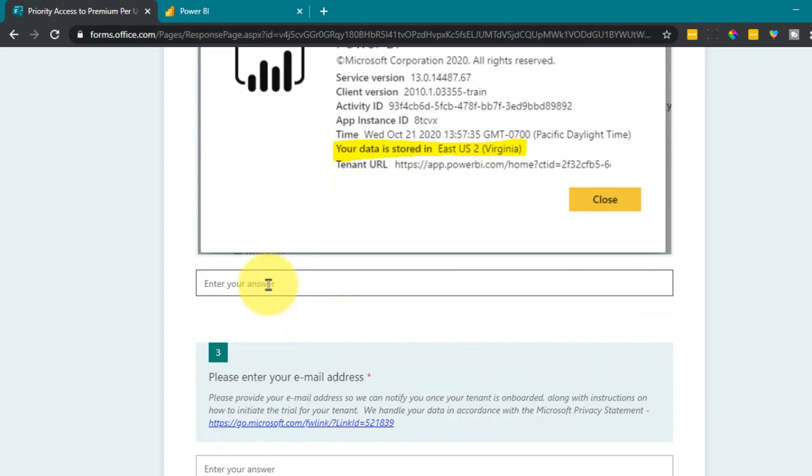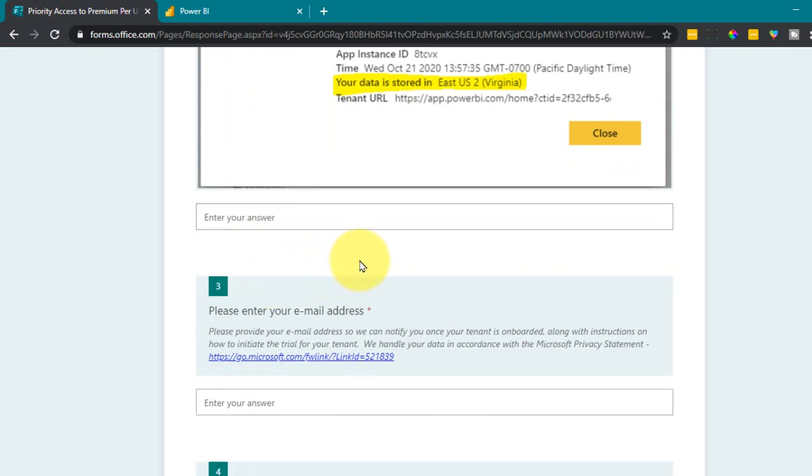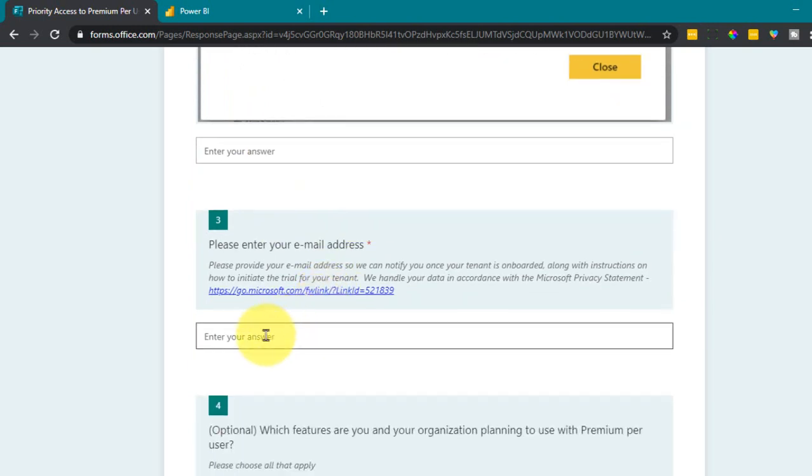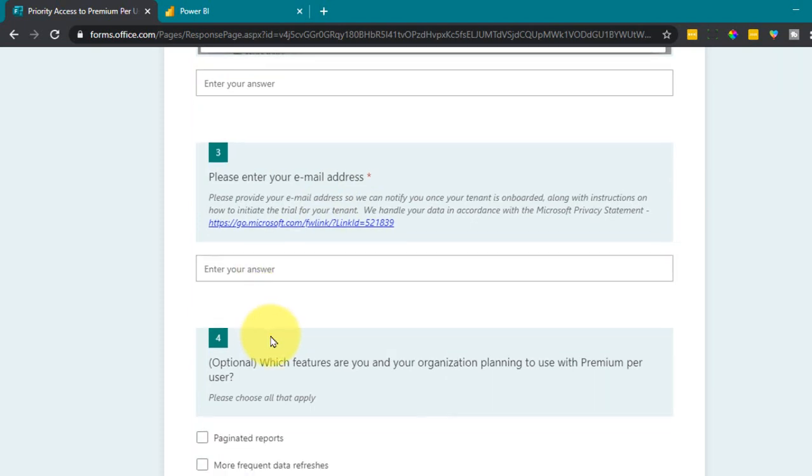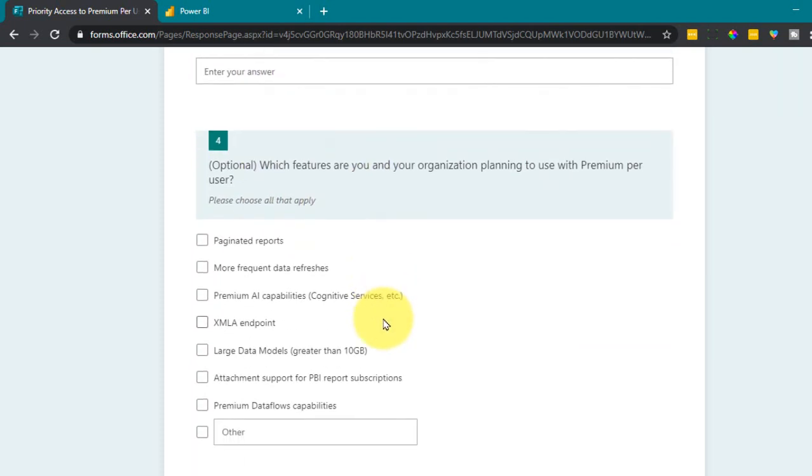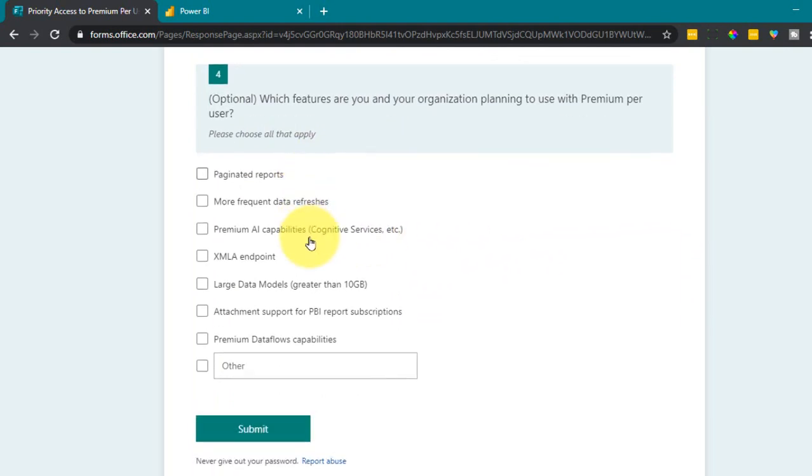You have to paste it here, and then you have to enter your email ID. And the last thing is you have to select the options you need in order to activate the premium per user license. When compared to Pro, these are the additional features available in Premium.